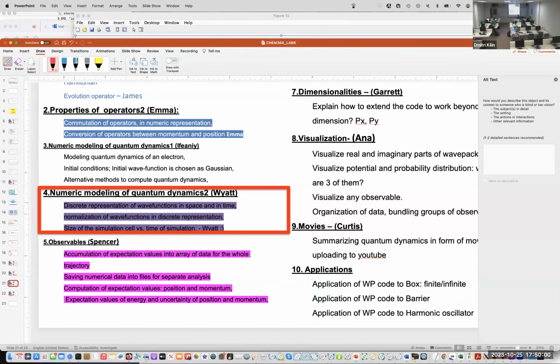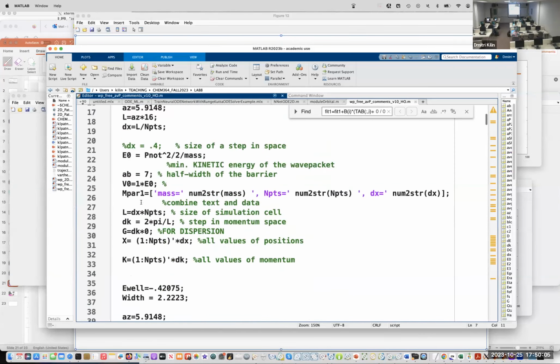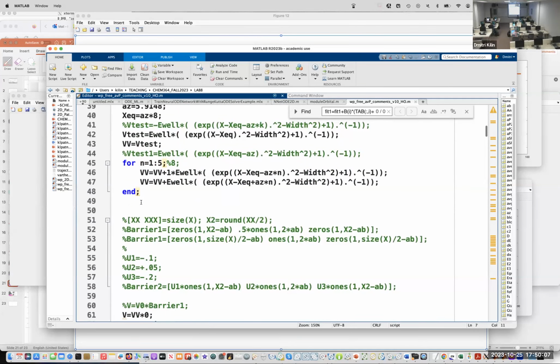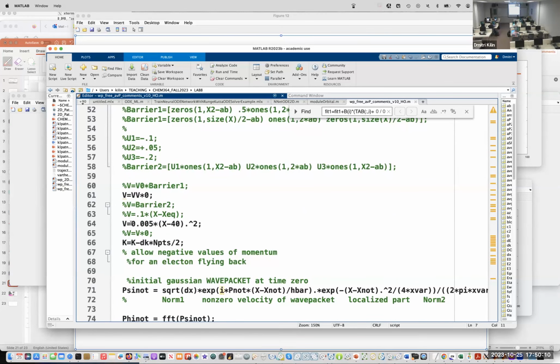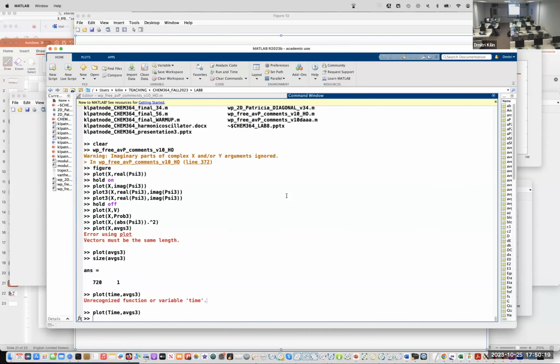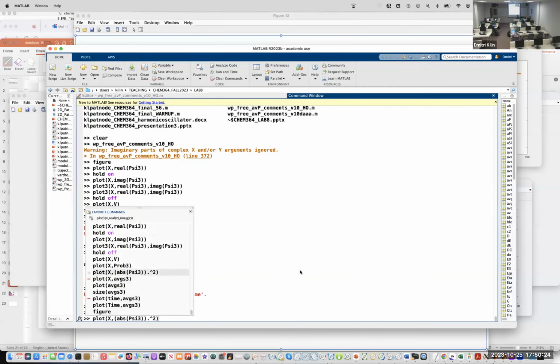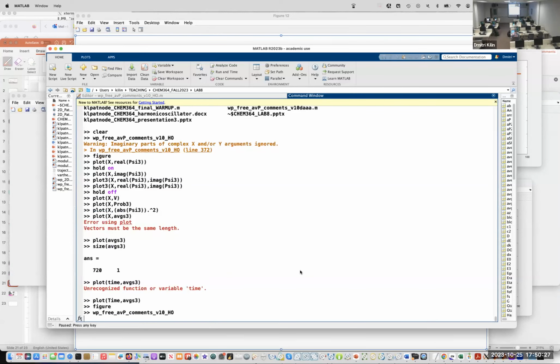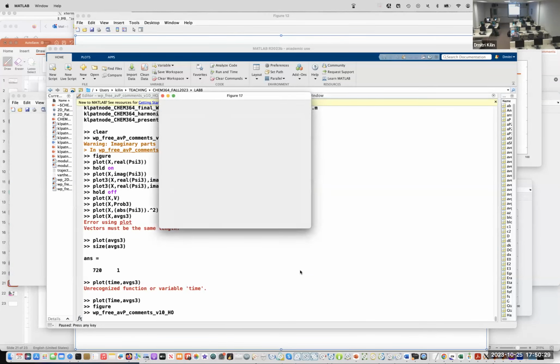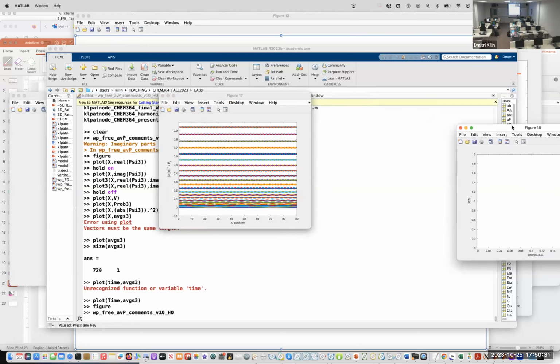Maybe let me rerun the code by removing this quadratic potential, so returning back to the free space. Yeah, here are the eigenstates of the free space.